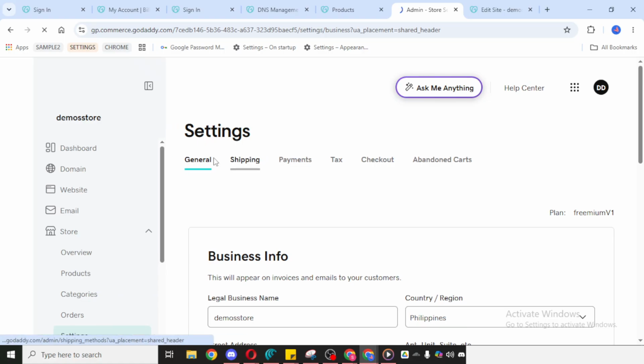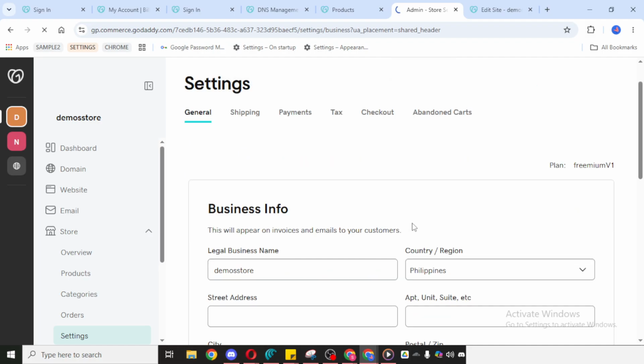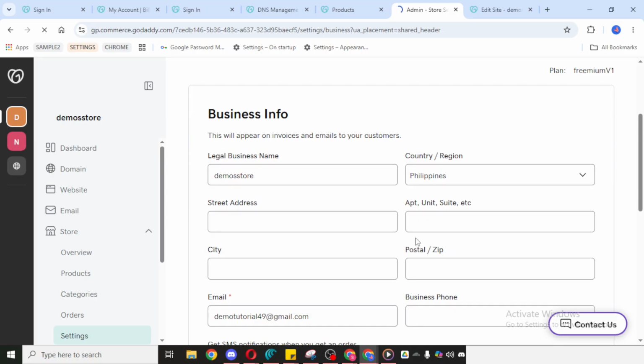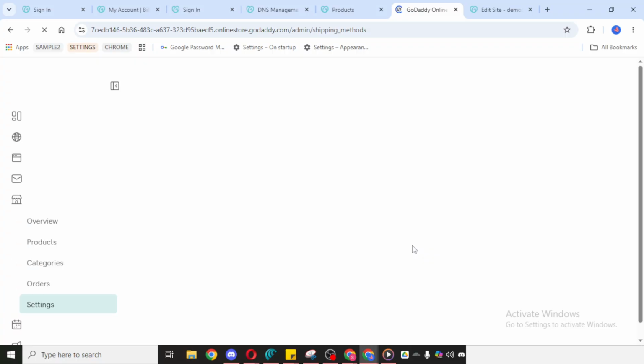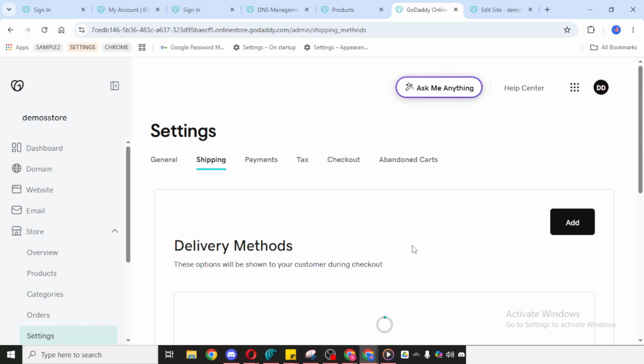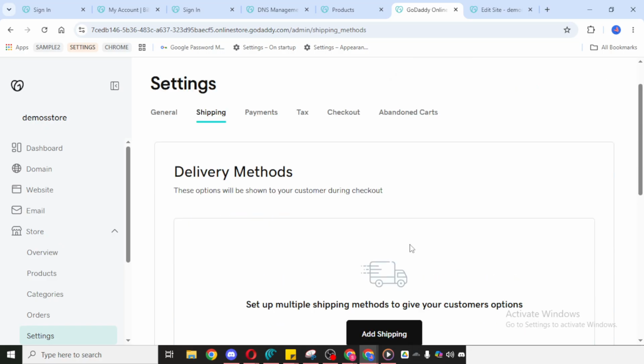After selecting the delivery methods, you can either add new shipping details or edit the existing ones. This is the part where you customize how shipping works for your store. For example, you may want to adjust the name of the shipping method, update pricing, or make changes based on the areas you serve. Be careful when entering these details, because accurate shipping settings help avoid confusion for customers during checkout.